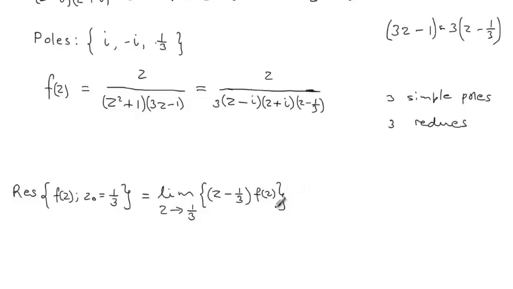So what we do here, we first of all take the function f of z multiplied by that, then followed by computing a limit. Now doing this calculation on the side,